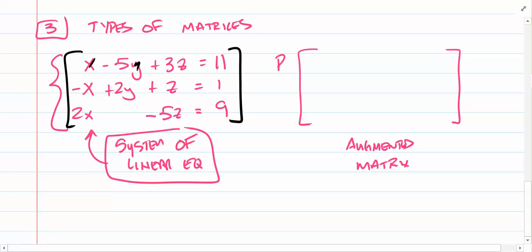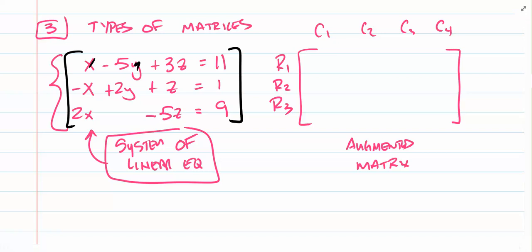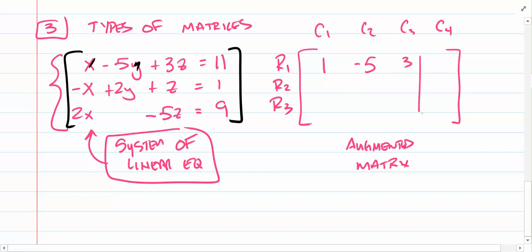So we're still going to have row 1, row 2, and row 3. Then we'll have column 1, column 2, column 3, and in this case, column 4. Without what? Without the variables or the equal sign. So what's the coefficient for row 1, column 1? It had just an x, right? So that'd just be a 1. If I go across that row, I'd have 1, a -5, a 3, and it's customary to draw a line